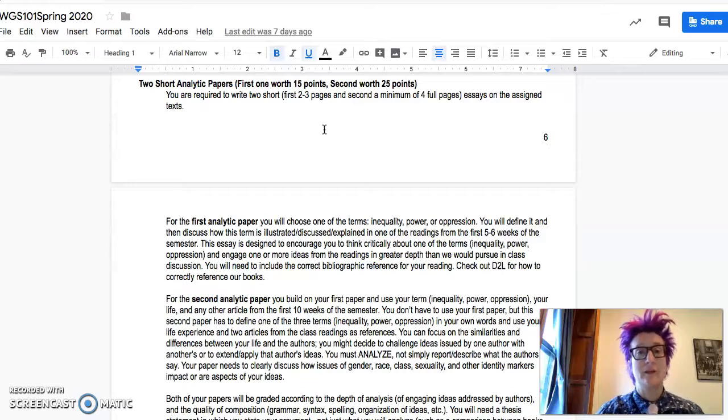The second third, we continue with the comments and the discussion boards, and then you do your second paper. And then the last part of the semester, we continue with the comments and discussion boards. You'll do a feminist event response paper, and at the end, you'll turn in a public service announcement based on something you think is important for people to get educated about.